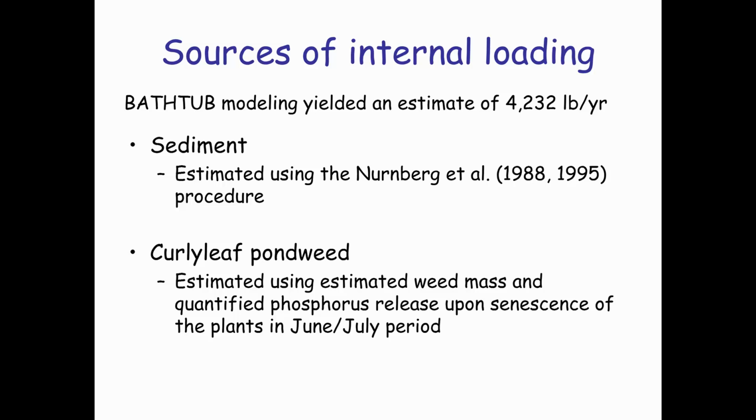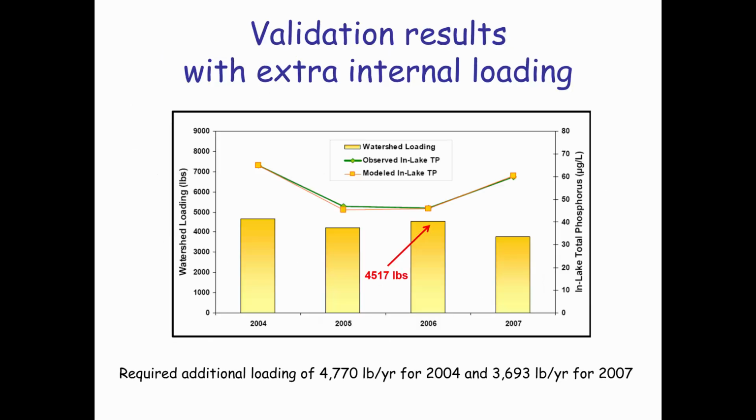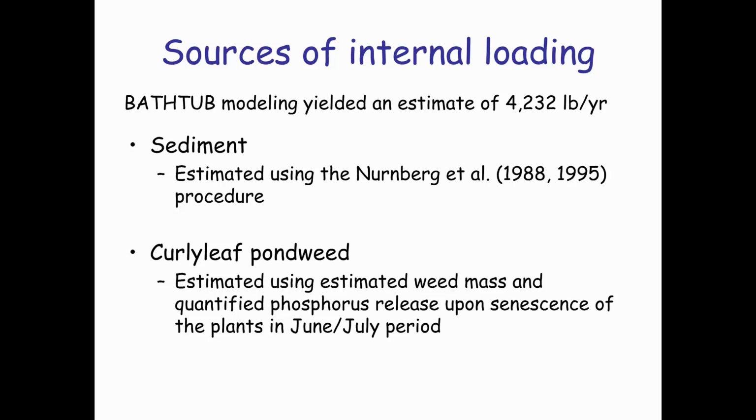So at the very top, it says BATHTUB modeling yielded an estimate of 4,232 pounds per year. That's just the average of the 2004 and the 2007 calibrated values that gave good water quality predictions by the BATHTUB model. So the two numbers, 4,770 plus 3,693 averaged together gives you the 4,232. So we'll compare that 4,232 to the independent estimate of the amount of internal loading from sediment and curly pondweed,